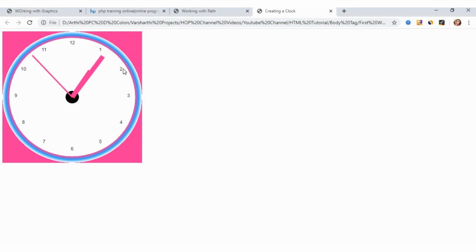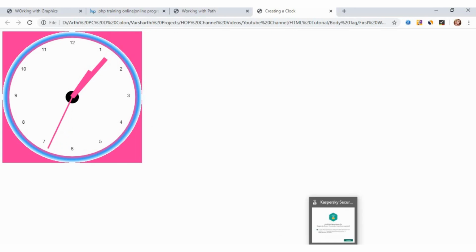So after that, we have added some design options for our circle, so that here we have added a gradient effect to the outer layout of our circle, right? After that, we have created this midpoint using the arc function by reducing the value of radius to 10%, right? So after that, using the fillText function, we have created these numbers and set the font size, right? After that, we have calculated the time, and depending on that time, we made the angles rotate, right? So this is a way of creating time.